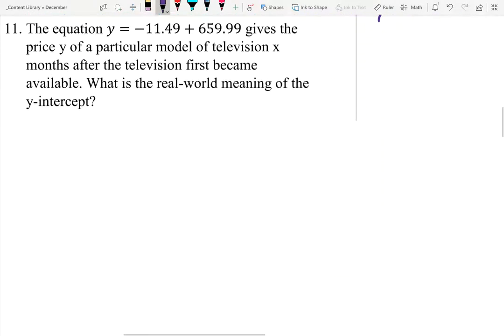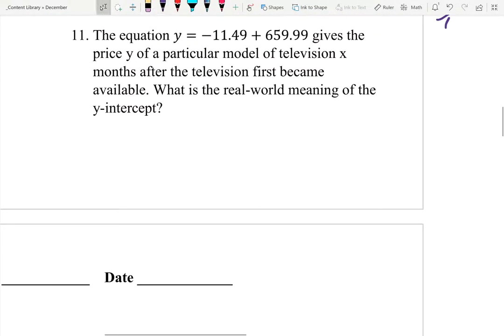Okay. Number 11. The equation y equals -11.49 plus 659.99 gives the price y of a particular model of television X months after television first became available. What is the real-world meaning of the y-intercept? It's supposed to be an x here. Yikes, that's a typo. Okay, so equation is y equals